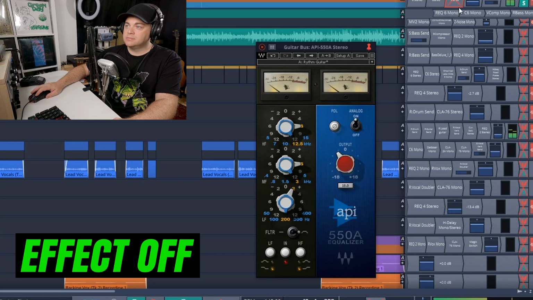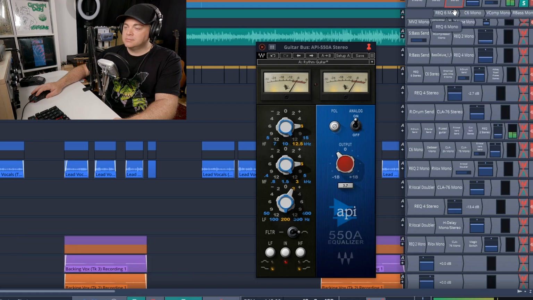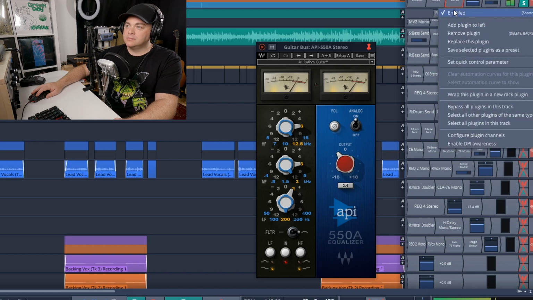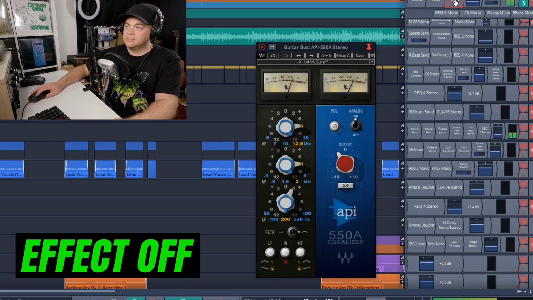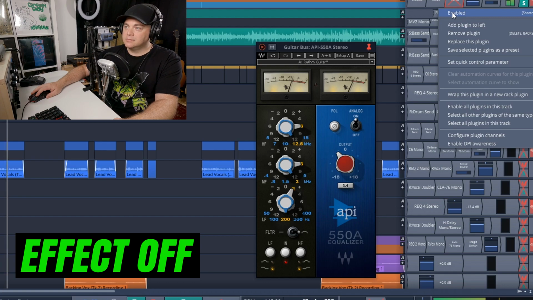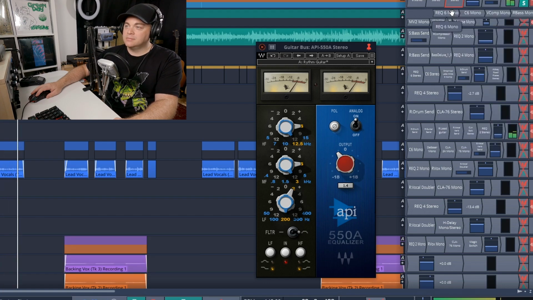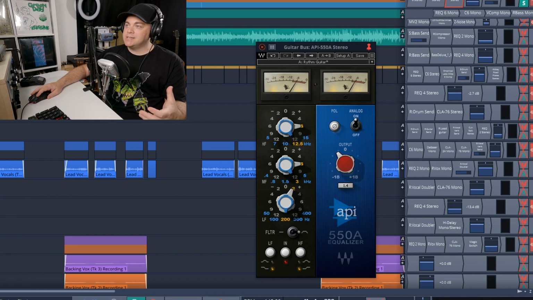And now let's just listen to this on our guitar track that we were listening to earlier. So I'm going to start with it off. It just really brightens up that guitar track, and let's put it in the mix so you can hear it on and off in the mix because it really helps the guitar to cut through there.